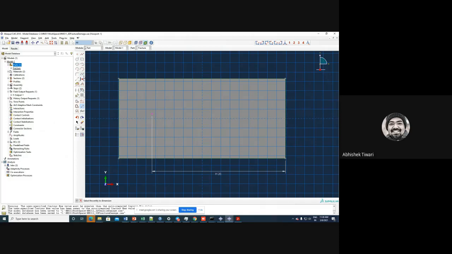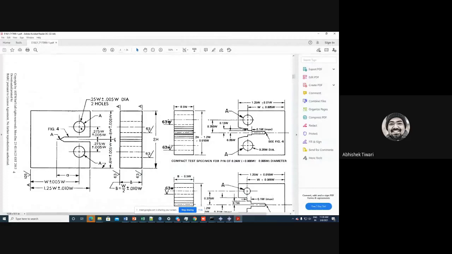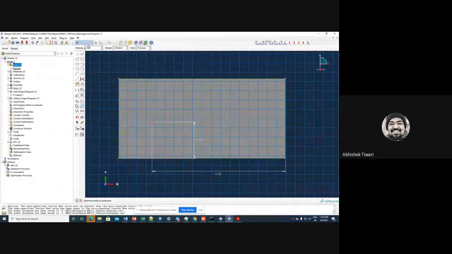So this should be 5.5 millimeters higher than this point. So 5.5. So this is the center of the hole. And then what is the diameter of the hole? It is 0.25 W. So 0.25 W is 5 millimeters, the diameter. So the radius is 2.5. So I'll make a circle here, which is like this. And the radius of this is 2.5.